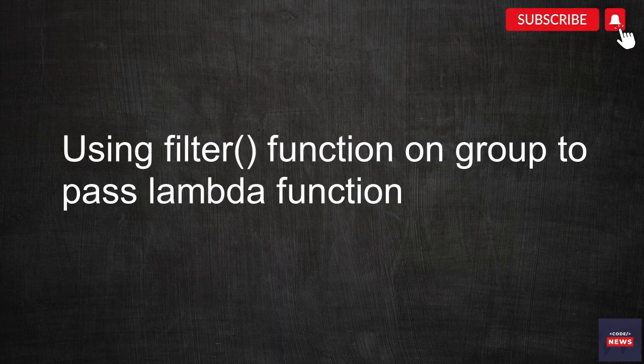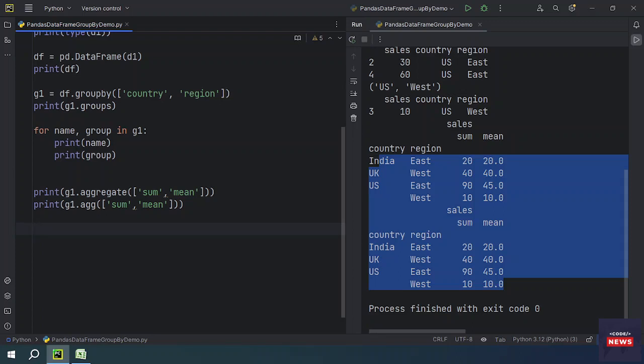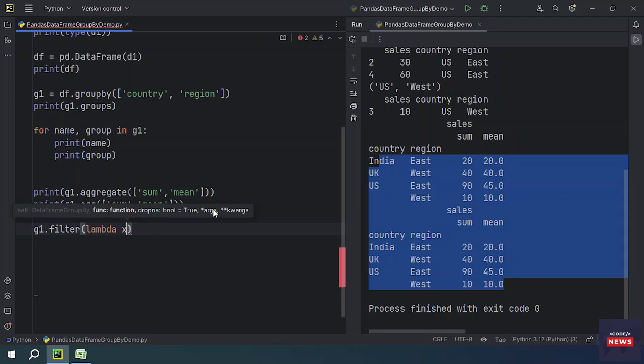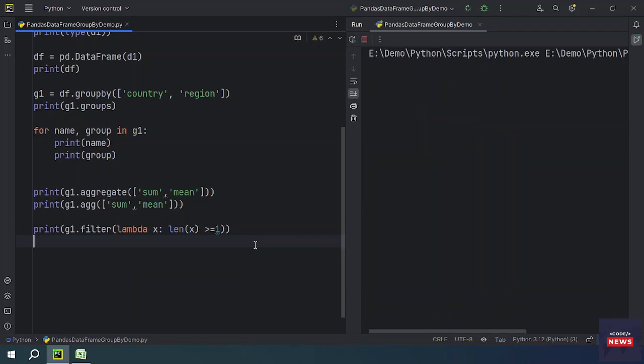Okay. Now let's use a lambda function on our group. We will be using the filter function on the group, and then we will apply the lambda keyword. Okay. I want the groups which have more than one record, right? So we have to say group one dot filter we will be applying, right? And then we have to use lambda. In the lambda, we'll be using the group x, and then we'll be using len(x) greater than or equal to 1. If I run the program,